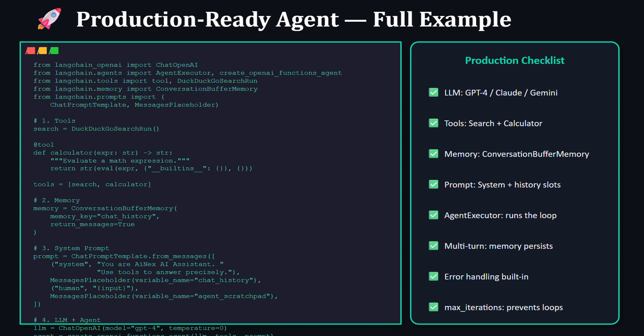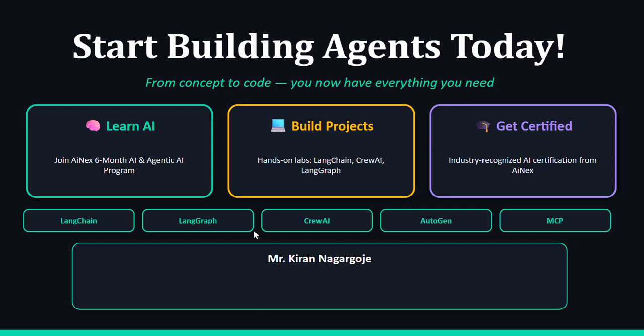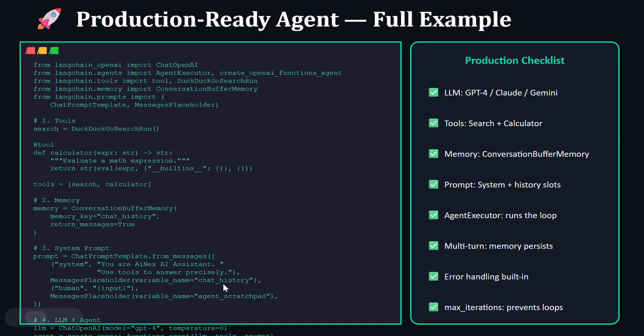Now we are going for one production-ready full example. We are mentioning different agents, prompting, and memory. See, there are tools which we have mentioned, there is a memory which we have defined, there is a prompt, and there is